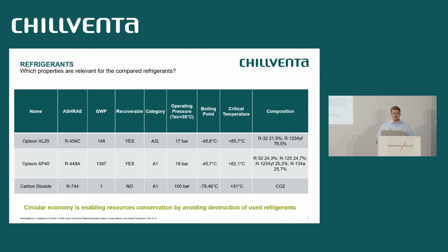I'd like to look a little bit more into the fluids itself. So the first two rows we see, 454C and 449A, and both fluids are pretty much comparable. The thermodynamic properties are similar, and the handling itself, except for the mild flammability of 454C, they're pretty much similar to each other. While CO2, we see, has a much higher pressure, and the impact of this we're going to see